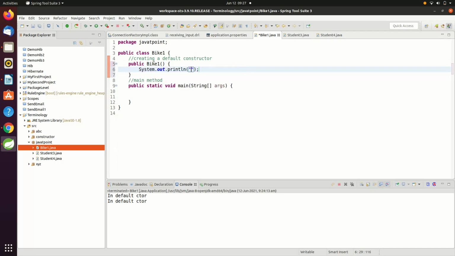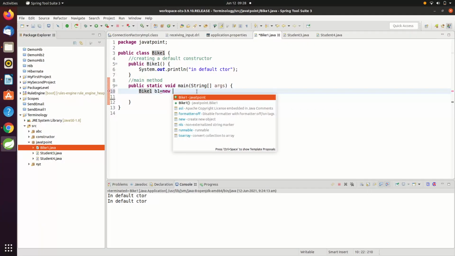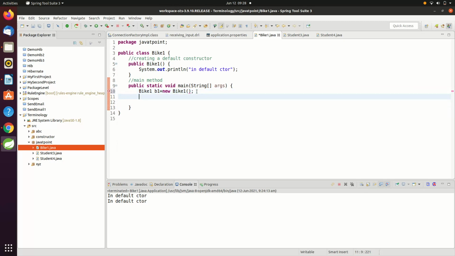Let us give a message inside the constructor, that is in the default constructor, and we will create an object of class bike1: b1 equal to new bike1. Let us create one more object.